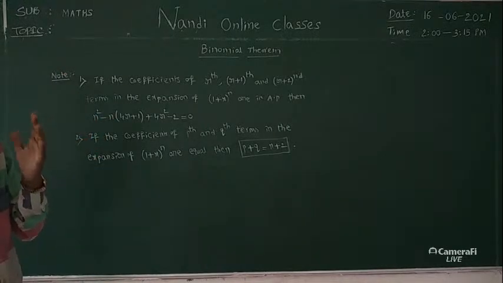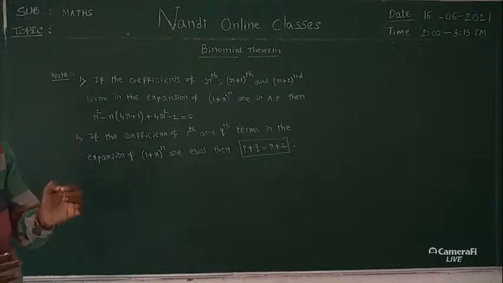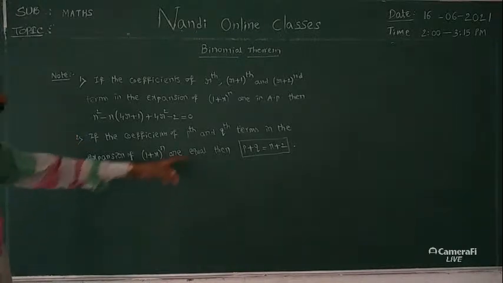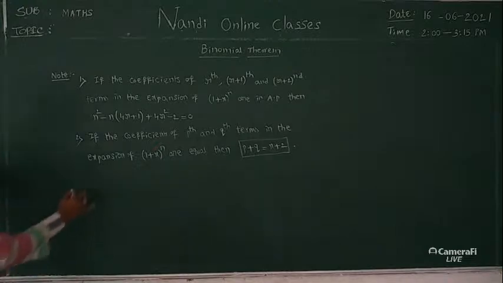If you memorize the synopsis, time will be saved for you. Okay, p plus q is equal to n plus 2. Right. 3. The first negative term in the expansion of